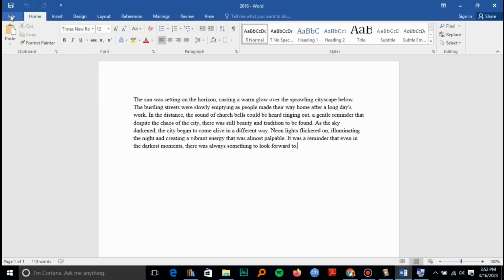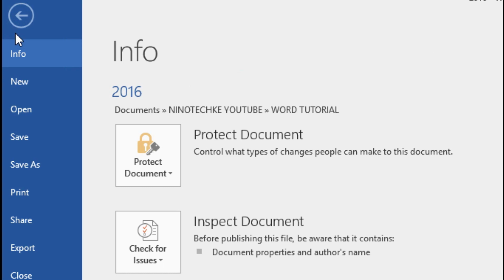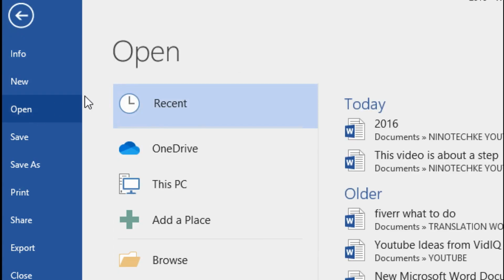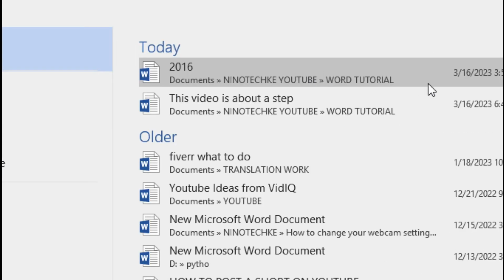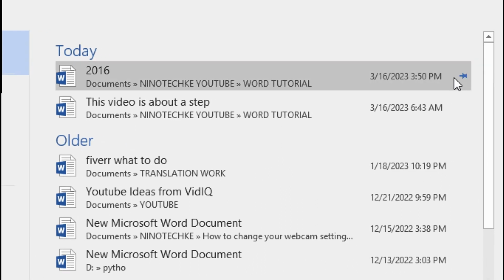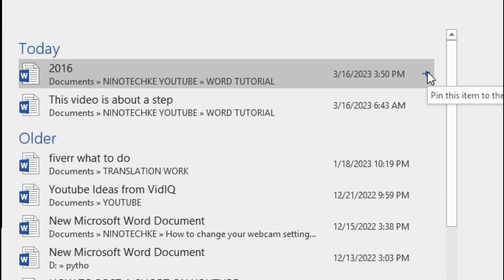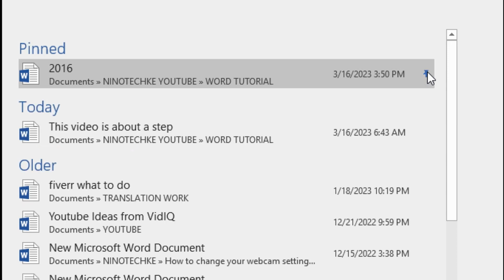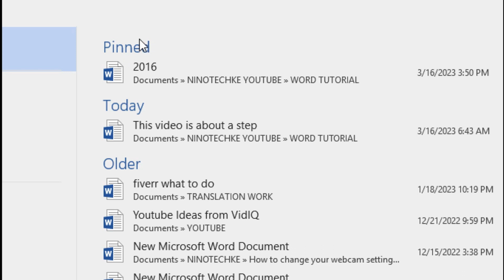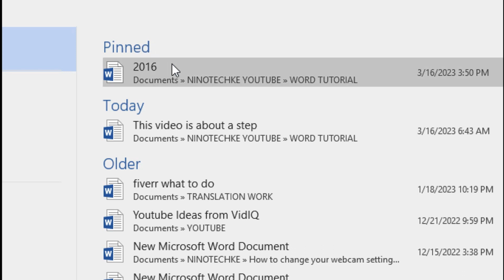And you click on file, then open. This will take us to the recent file list, and you can scroll to the right of your document, then click on the pin. This will allow us to pin the document on the top of our recent list. As you can see, our document is pinned,